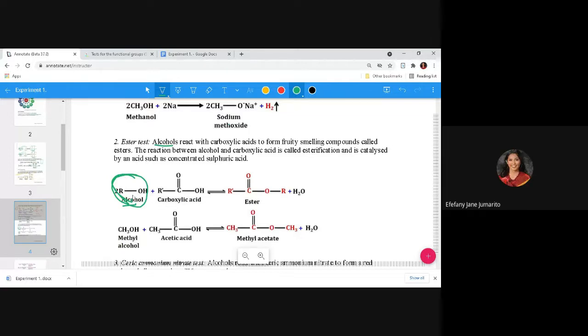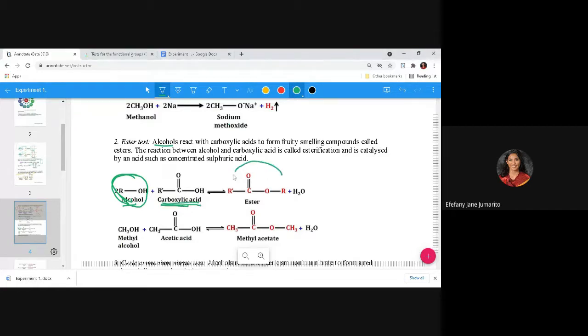This is mono. Also, is it primary or secondary? Primary. Okay, so when it reacts with our carboxylic acid, it will